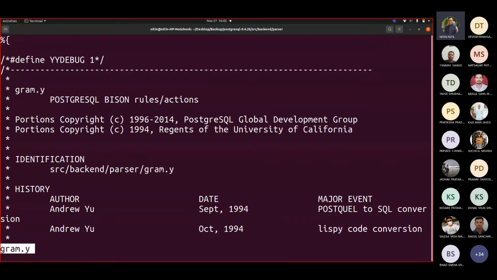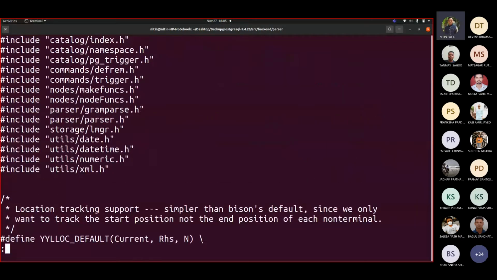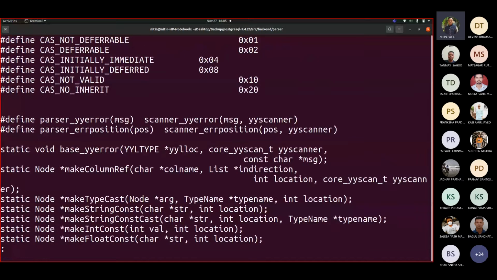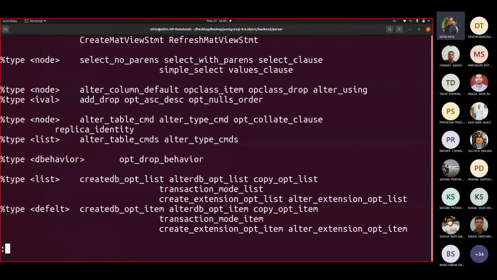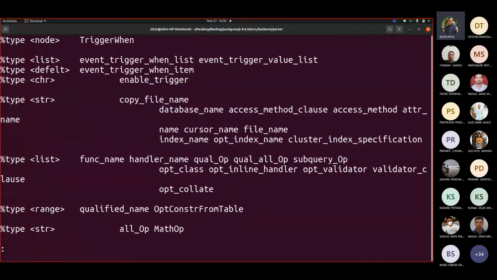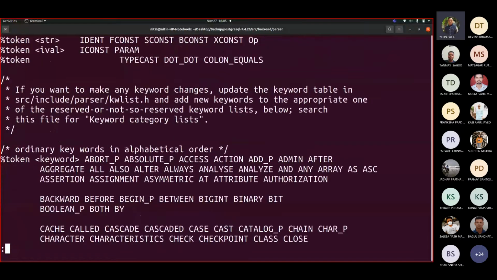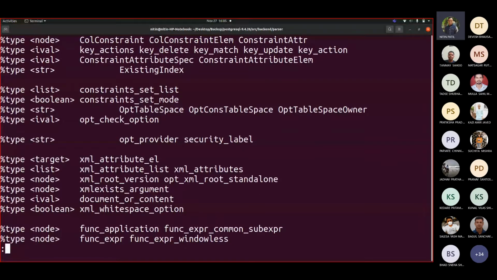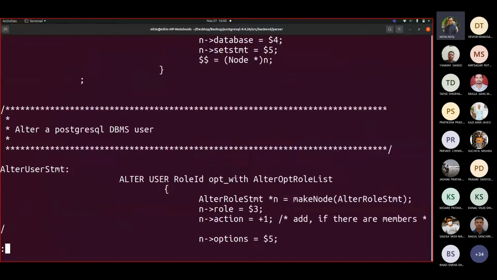It is Lex and Yacc. So the whole syntax parsing, verification and tokenization is done by these two files, and they play a very, very important role in the system. It knows what is to be picked, what is to be done, and so on. Everything is written inside this code.